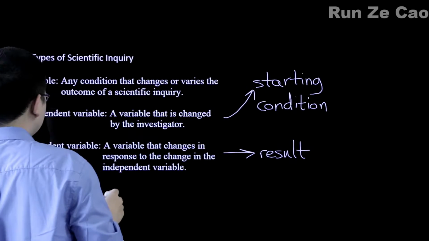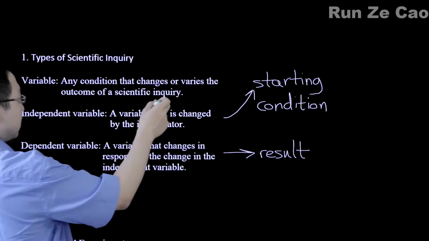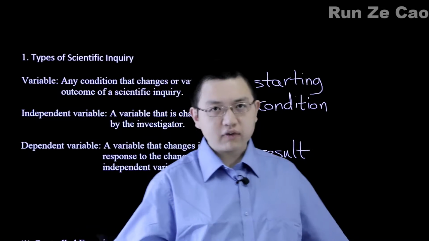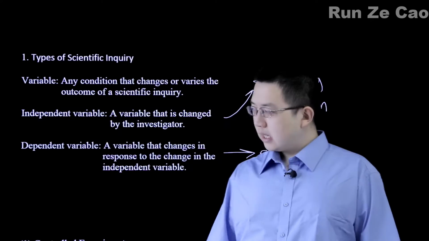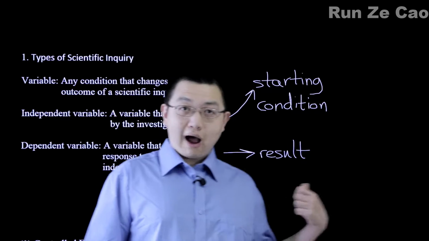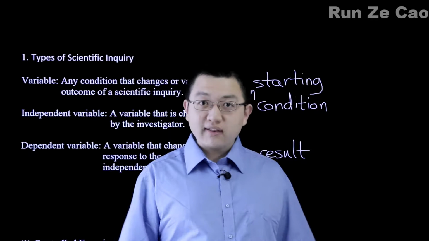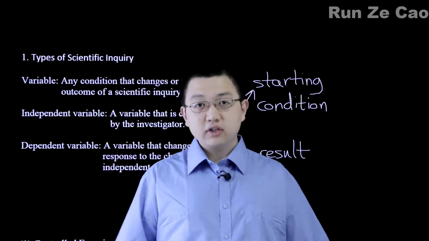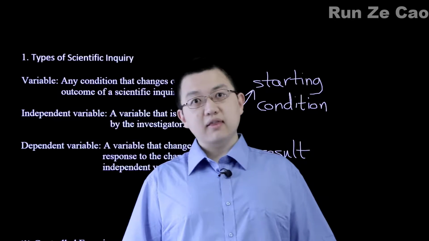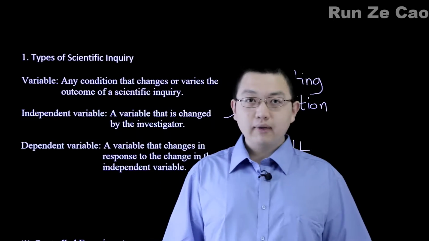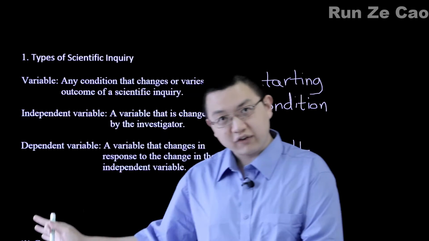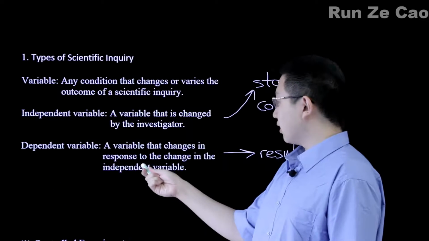Now you might think, hey, why is it that a variable is any condition that changes or varies the outcome of a scientific inquiry? Doesn't that sound only like independent variables? Well, no. Even though the dependent variable is your result, your actual outcome of your inquiry, i.e. the outcome of a question you ask, or a hypothesis that you're testing, an educated guess, so to speak, that you're testing, well, that depends on the dependent variable. Hence why this definition of variable is not in fact in conflict with the fact that, well, this is the